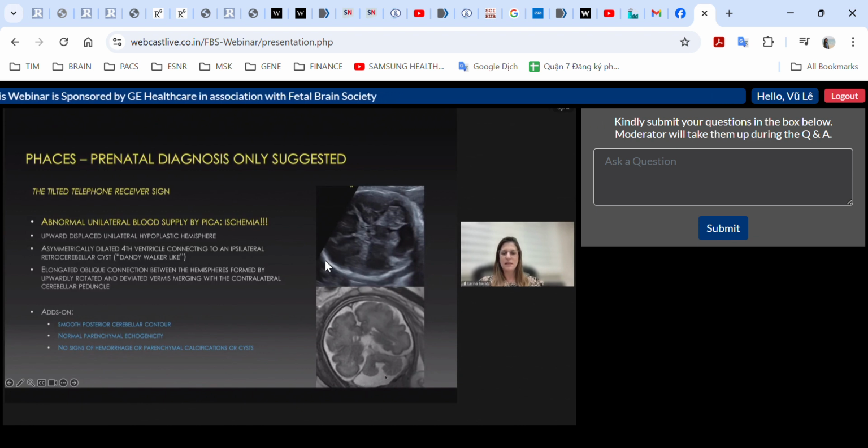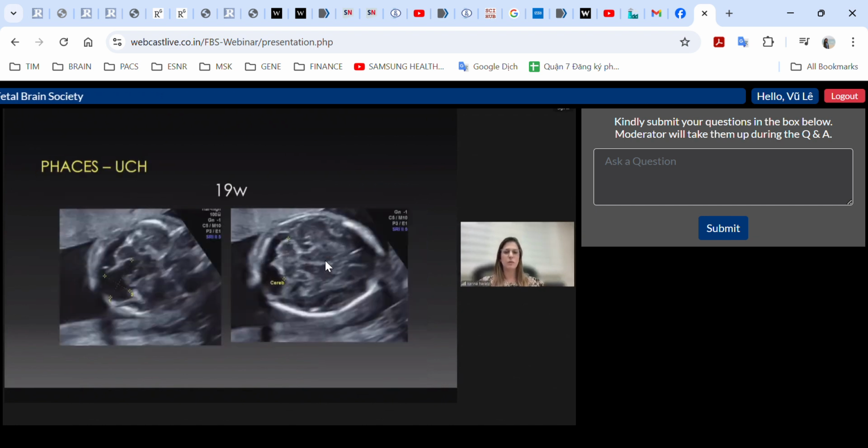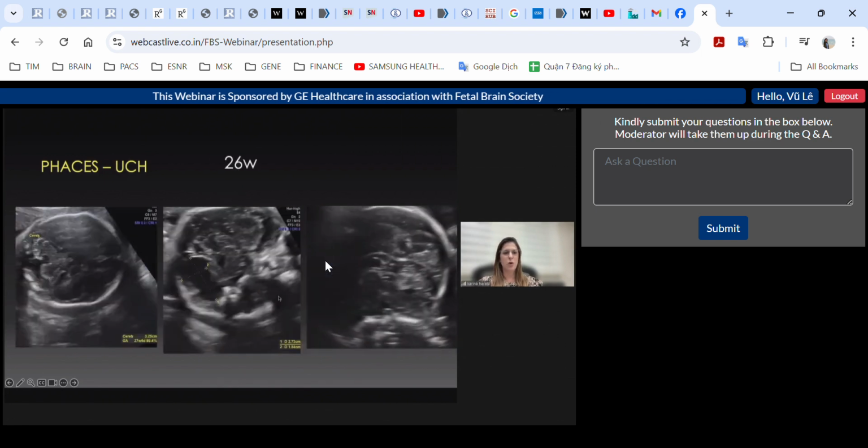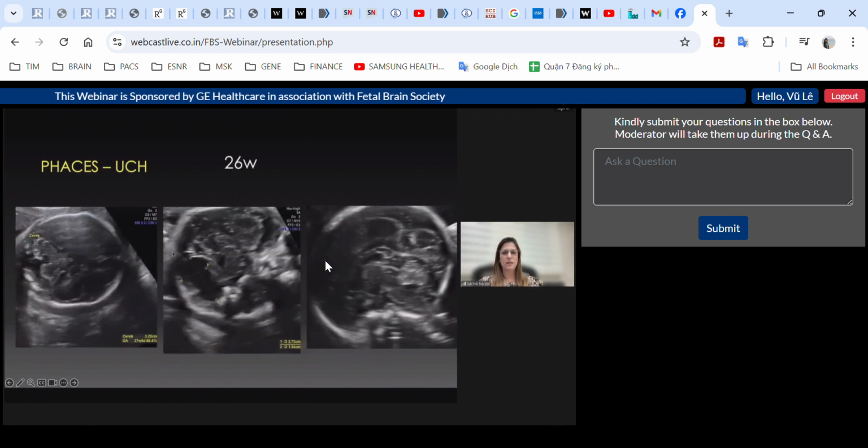But here the insult to the cerebellum is not hemorrhagic but ischemic because of the abnormal development of the vasculature of the posterior inferior cerebellar artery that we have spoken about in the beginning. So again, the telephone receiver and the communication between the fourth ventricle and the cisterna magna. Sometimes the TCD is small, but not always. Another case at 26 weeks,